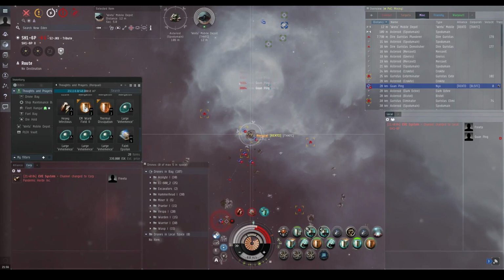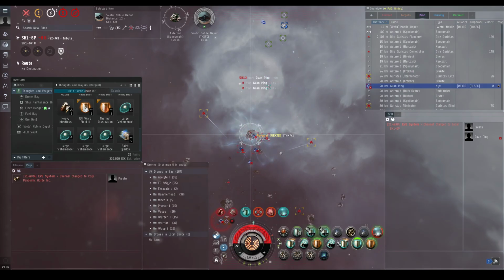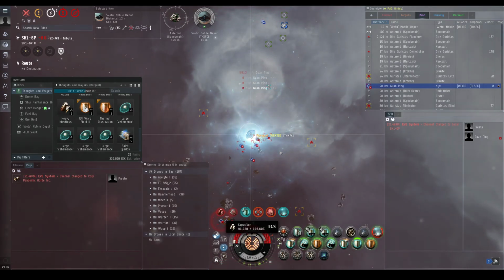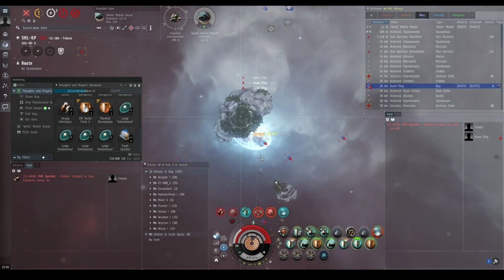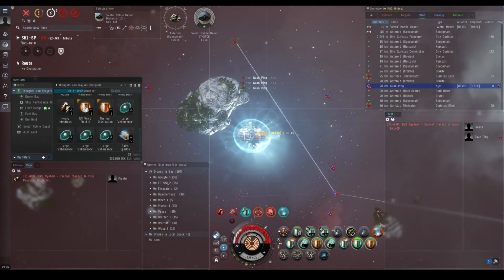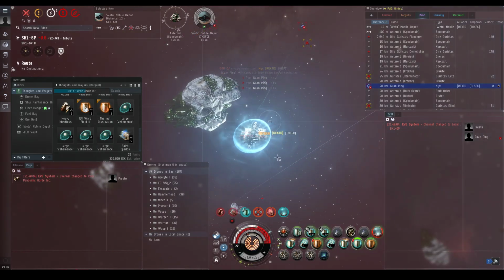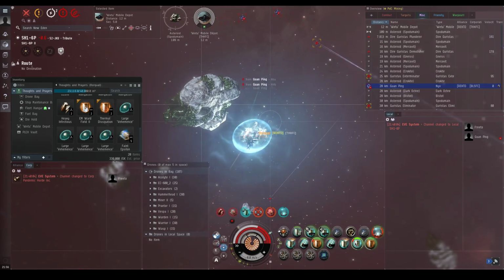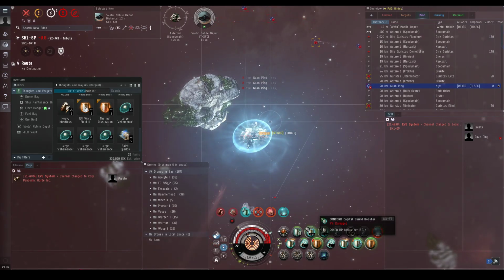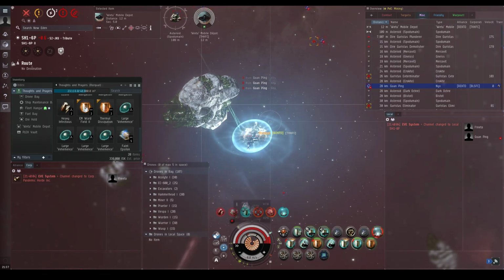Now once I get torp salvoed again, now I'm in structure, you want to panic and immediately start getting back to full jump cap. Also, you'll notice that I forgot that I was at a siege, so that would have also decreased my rep amount. So maybe I would have tanked a little bit better if I was still sieged. But at this point, you just want to leave the repper running, get back to full shield, get back to